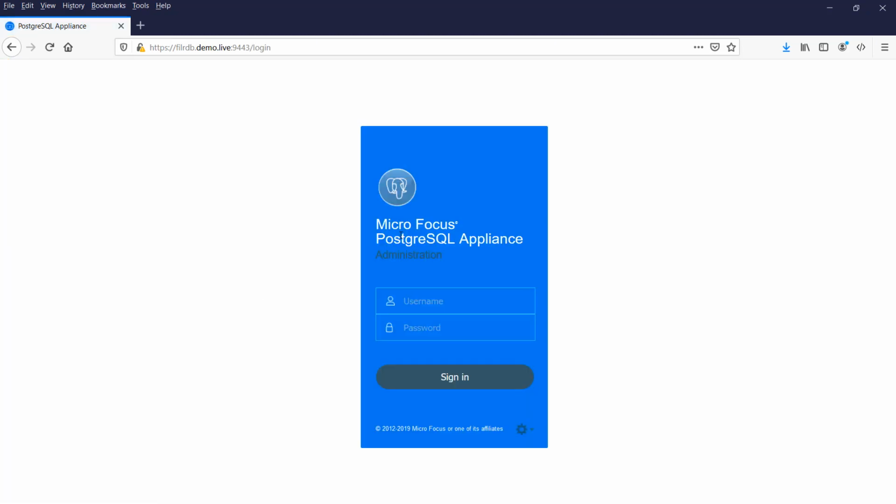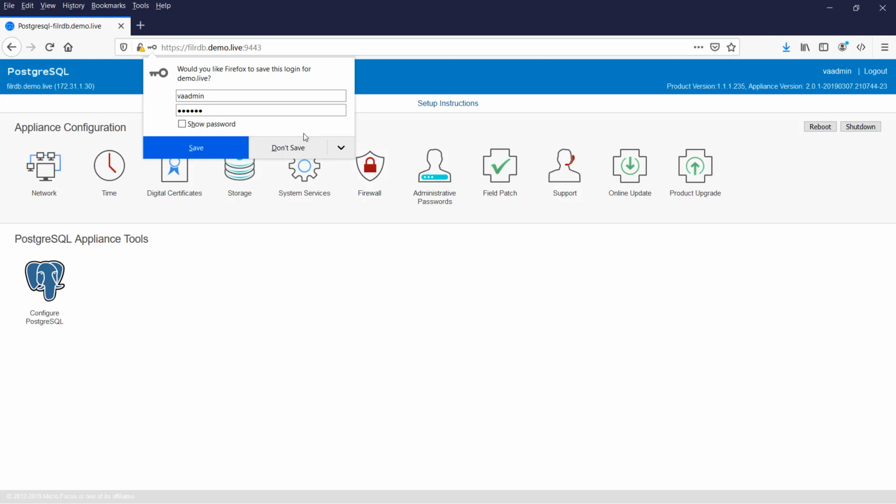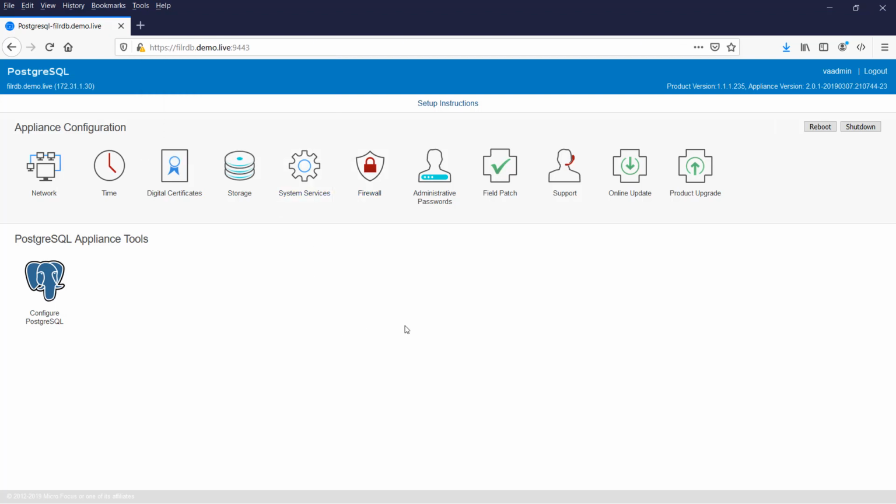warning. And then here just type in VA admin as the user and the password that you specified when you booted it on that boot configuration. So most probably the first thing we want to do is just configure the Postgres database. So click on the configure PostgreSQL,